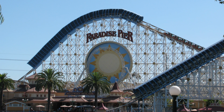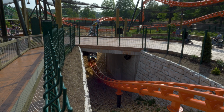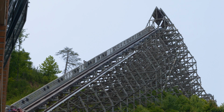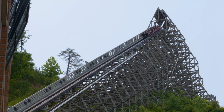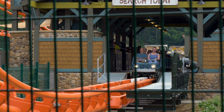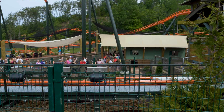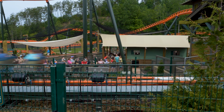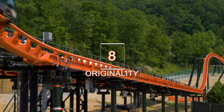The only thing that I can think of is maybe Dollywood was a little leery with the LSM tech, which is utilized on Lightning Rod. We all know how glitchy and problematic that attraction is. I think there is enough here to make Big Bear Mountain feel like its own kind of ride. The snappy bank turns, onboard audio, and unique spread-around layout make this feel pretty original, earning an 8